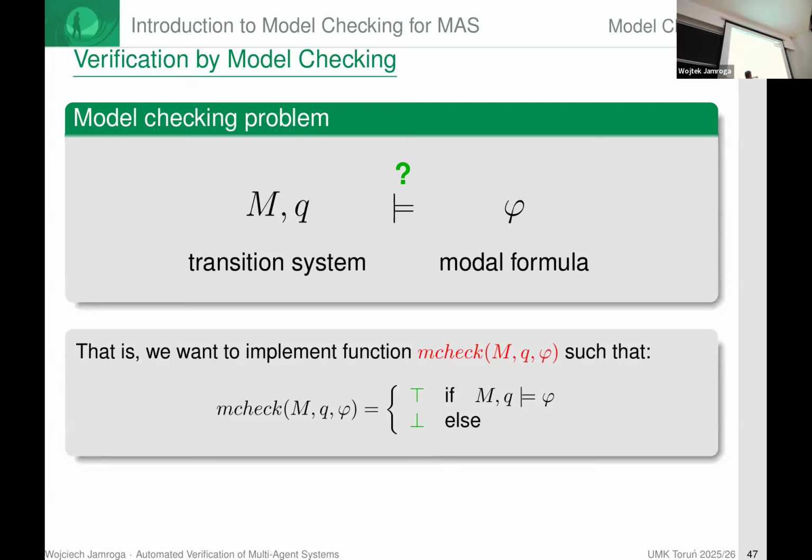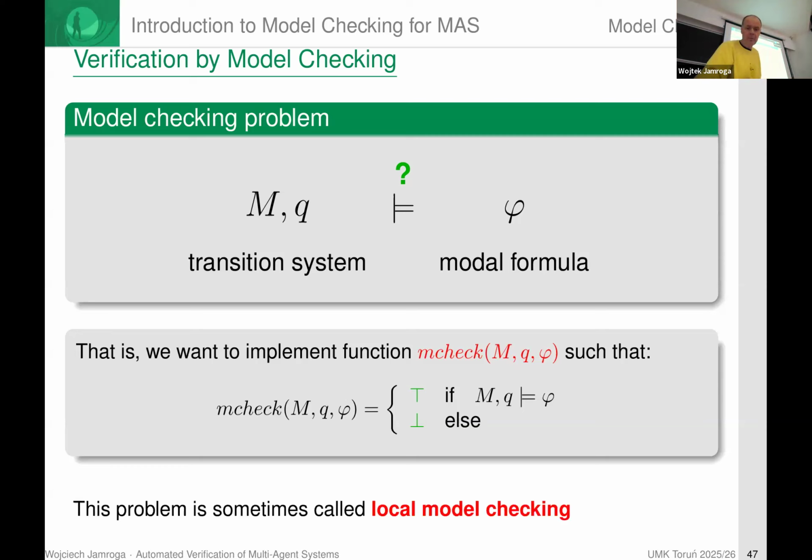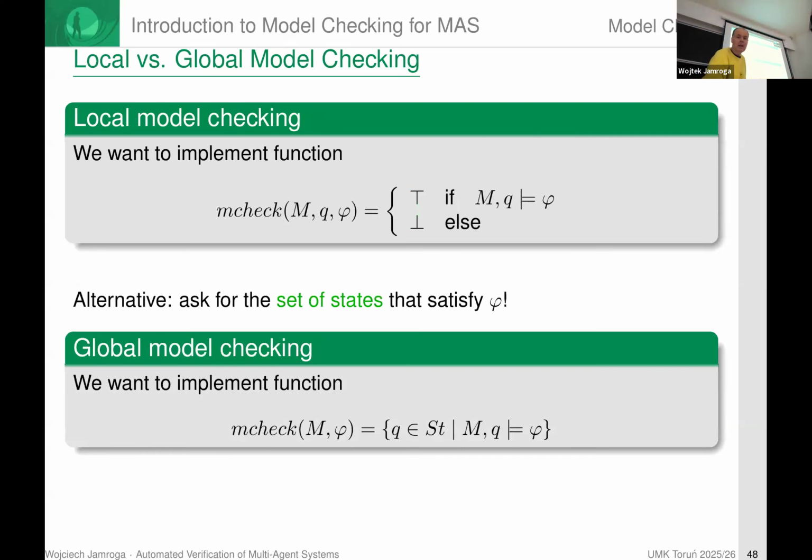We need to implement a function that takes the graph, a point in the graph, and the logical formula. It does some computing, and at the end it returns yes if the formula indeed holds in the model, and no otherwise. This is sometimes called local model checking. The alternative is called global model checking. It takes just a graph without a given point, and the formula, and returns the set of states where the formula holds. So it seems much more complicated, but the funny thing is,